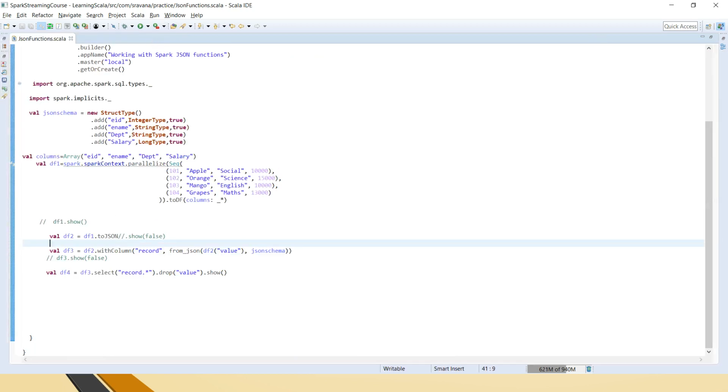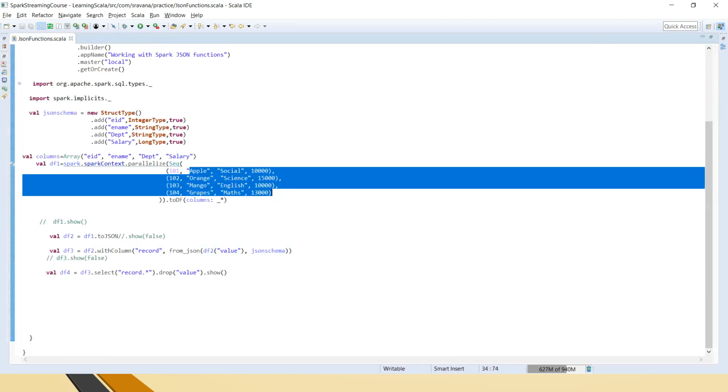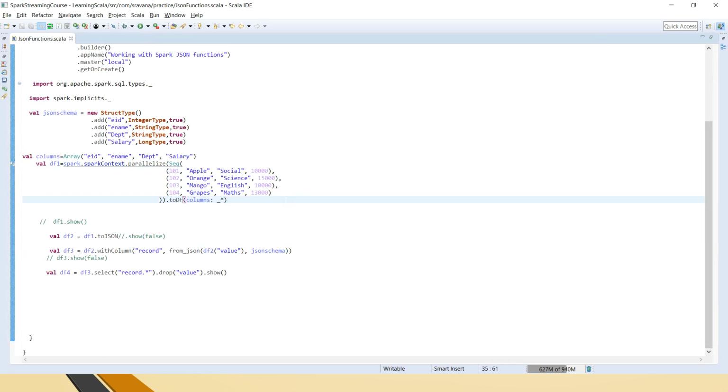So this is the way we can convert normal tabular data into a JSON string, and from that JSON we can fetch. If you want to fetch a particular thing, you can use json_tuple. I have explained that in another video. I can give that in the I button as well. That json_tuple returns a tuple like function with all the objects, and we can get whatever required field, or we can get all the values as well. It takes two inputs. One is the JSON string, which is stored as a column, and another one is the field name within that JSON string, whichever you want to read from that entire JSON.